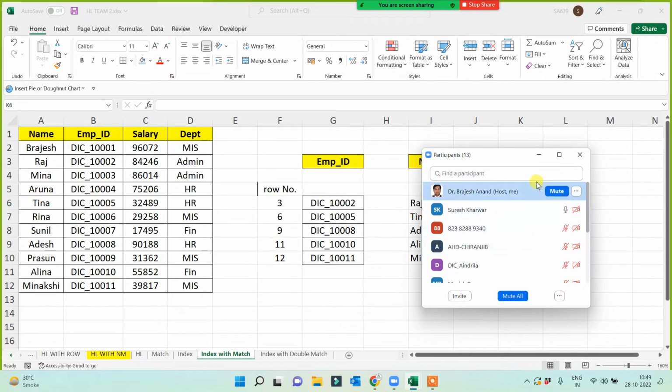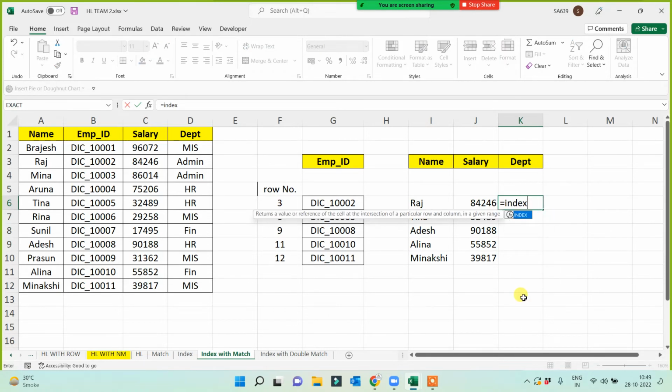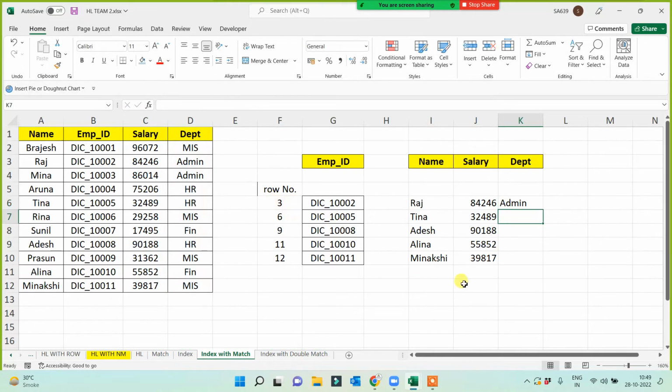Yes, Suresh. This is equals to INDEX, then the department array, very good. Yes, great. And then the column number is F6, very nice. And then 1. Wow, this is the correct answer without any interruption. So this is called INDEX and MATCH. But gradually, if you do practice,